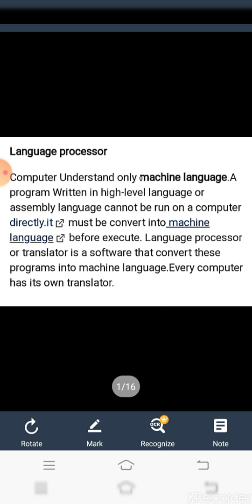They are easier and more efficient for humans to use than the machine language. That's why language processor acts as a link which translates or converts these programs into machine language.